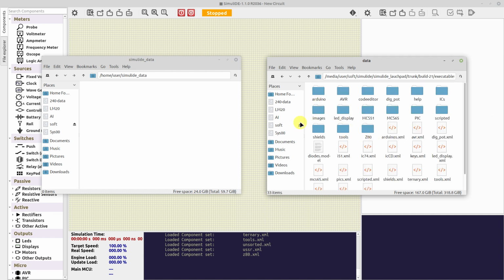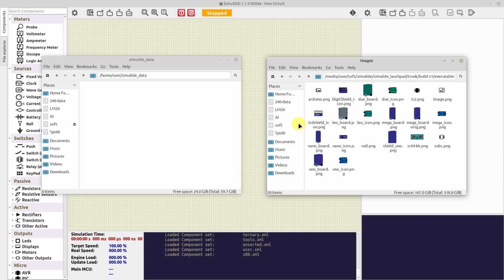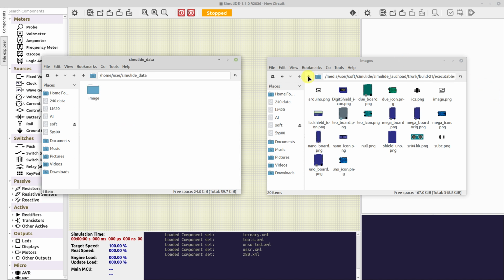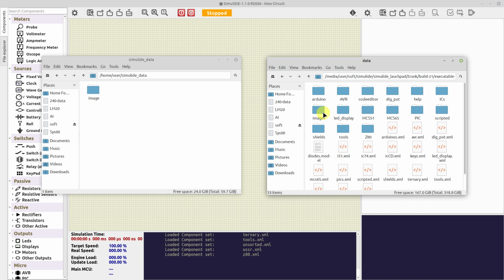So for example, if we want to override some of this image, we can create here an image folder, the same image,